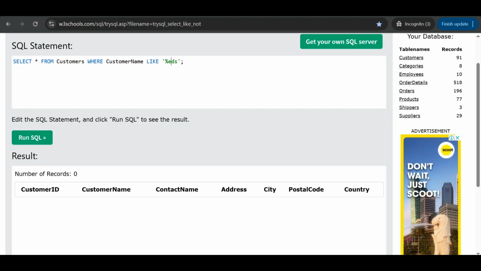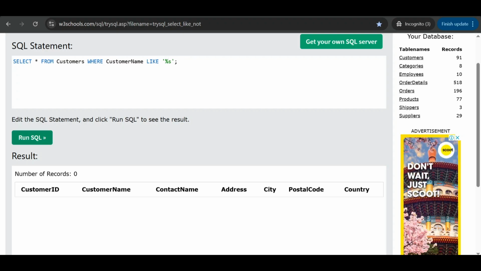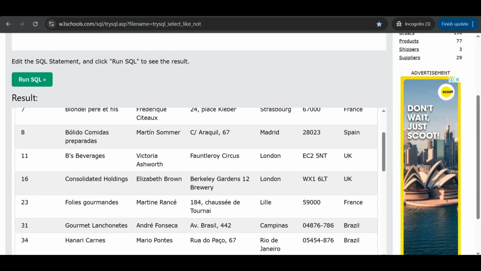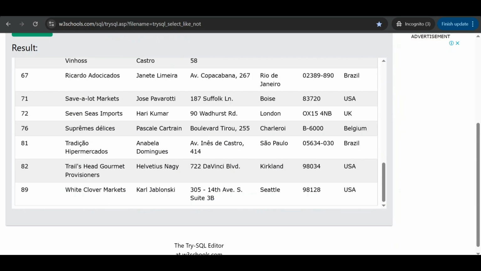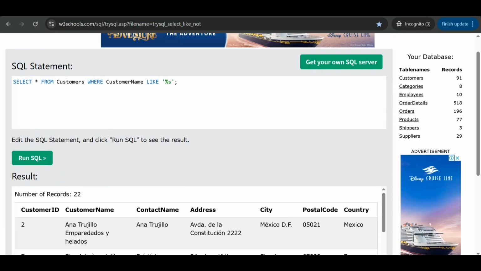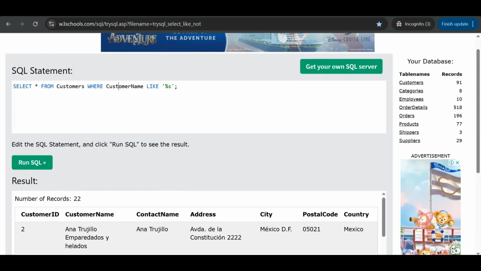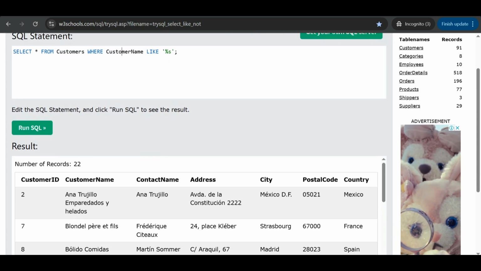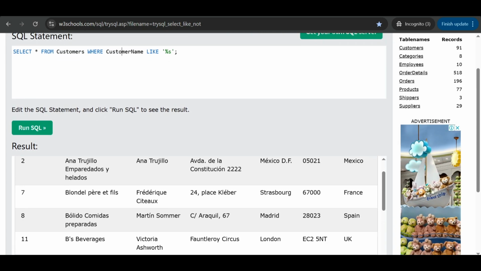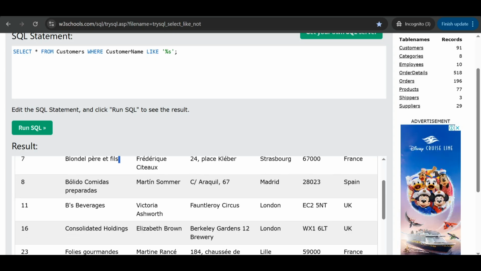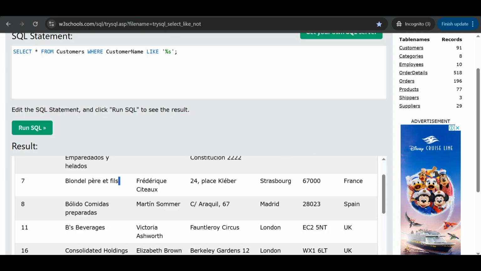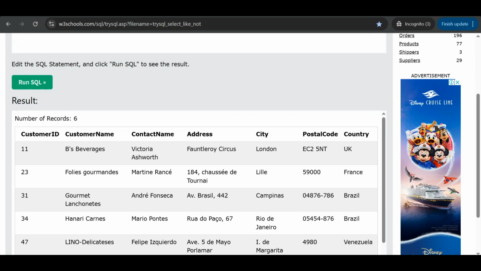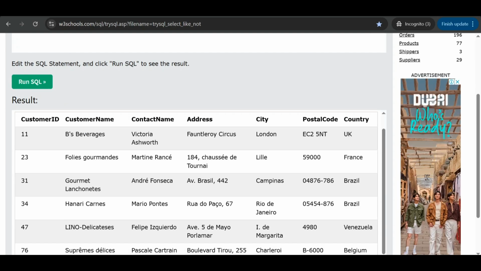What about LIKE 'S%'? Okay, there are some values. It means I search for customers whose customer name has the S character at the front. Like this: S, S, S, S, and S. Maybe I will use 'AS%': AS, AS, AS, AS.